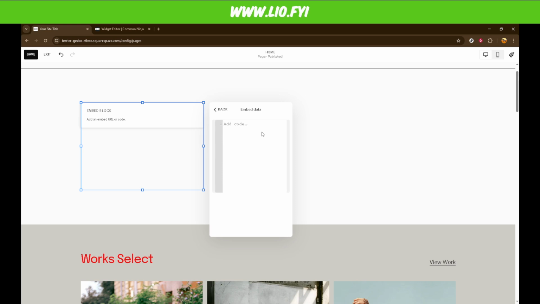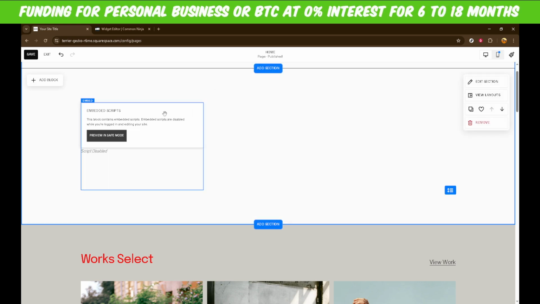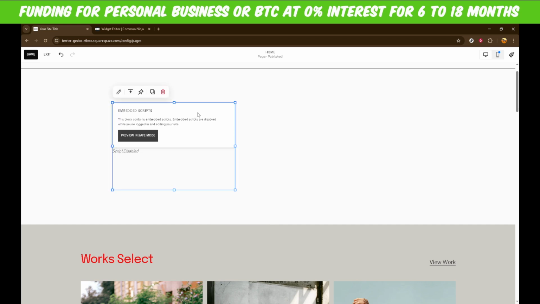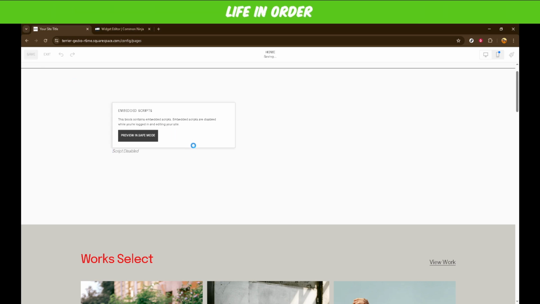Click on this, and now it's time to paste the embed code you copied earlier from Common Ninja. Simply paste your code in the space provided, ensuring you don't leave out any characters, as this might cause errors. Finally, click on Save to lock in all these changes. Once you've saved, your WhatsApp button will be active on your Squarespace site, ready to provide a direct communication link